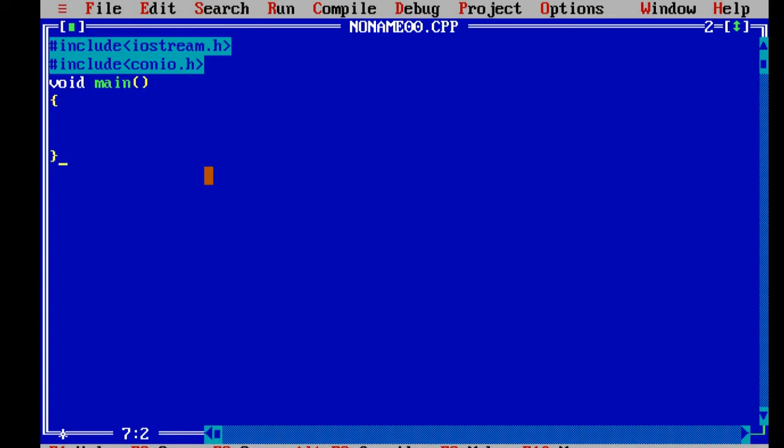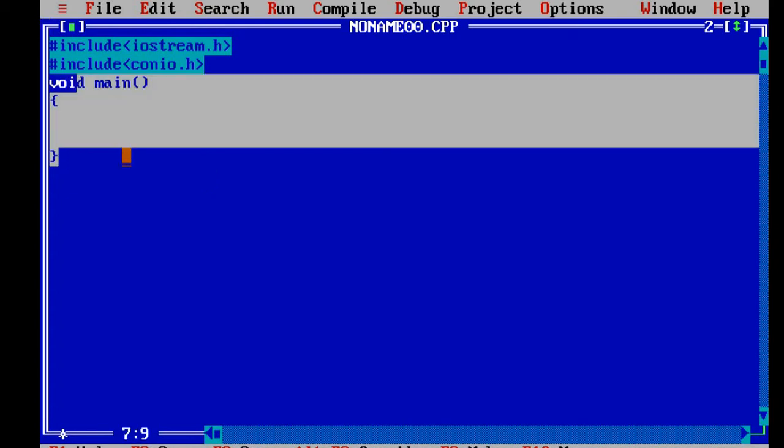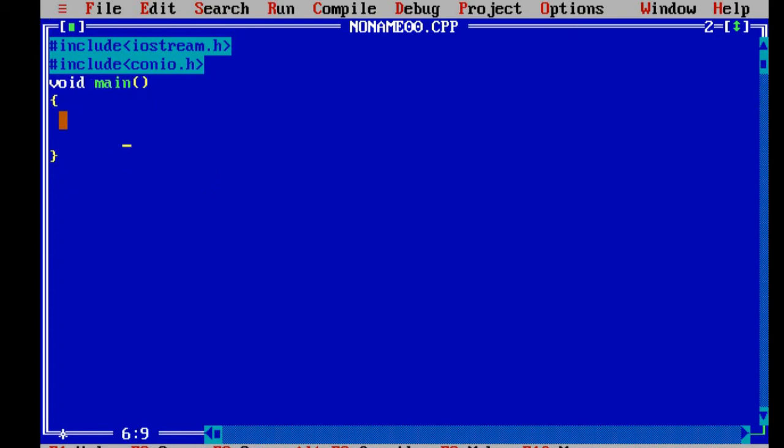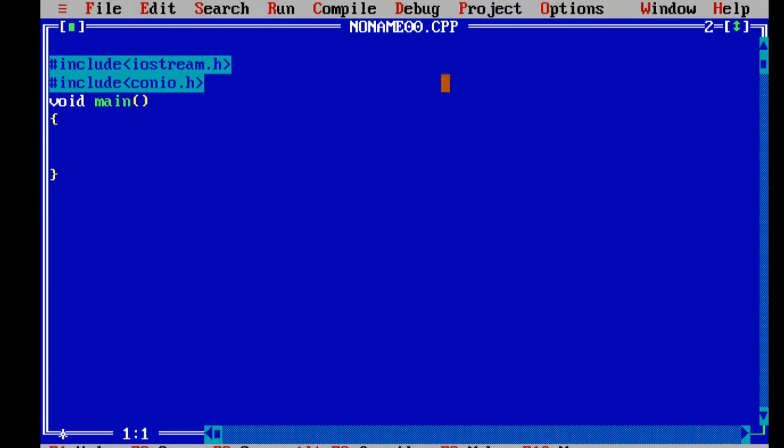Now this is the parenthesis of my main function. Within that parenthesis we have to type the coding. First of all we will type a simple program. Over here, for example, for my reference I am typing: write a program to print a simple statement. This is not part of my program, I have typed it only for reference. That's why we will put it into a comment.